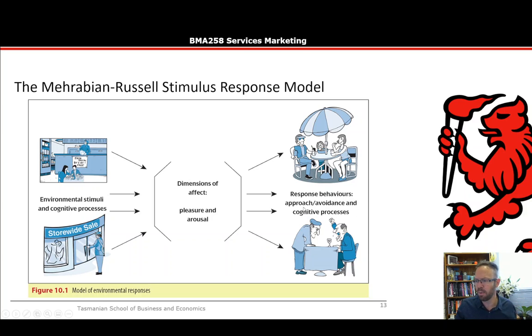Now I'm going to give you an example here. If you go into a shop and the environmental stimuli is very loud music, louder than what you'd like, you go through this process, you go, oh, this is loud music, and then your attitude starts to change towards that service environment. Then your dimensions of affect, rather than being a pleasurable place to be, it's displeasurable. You feel unhappy, and, well, not really angry,